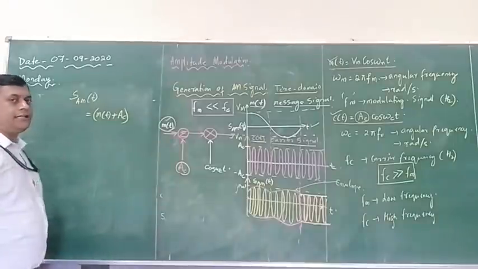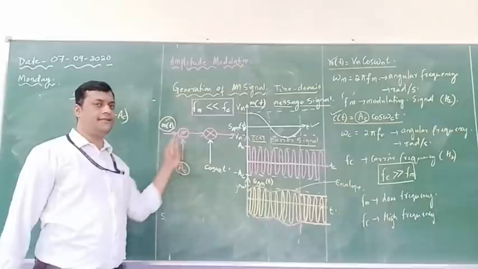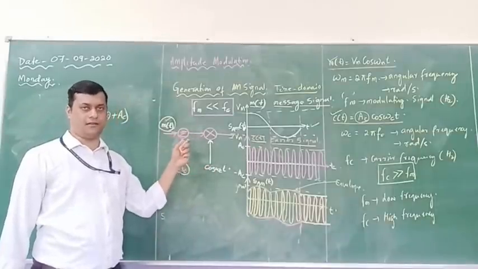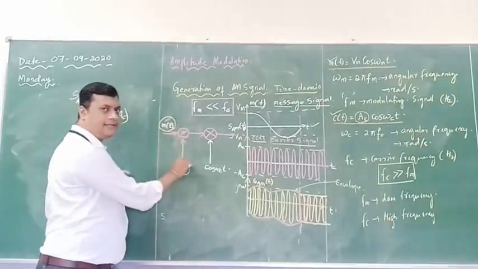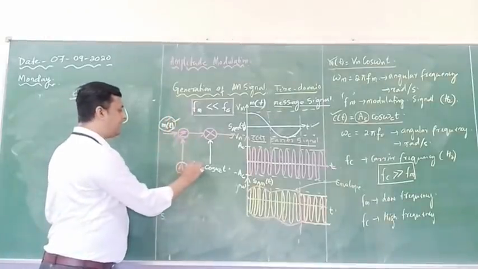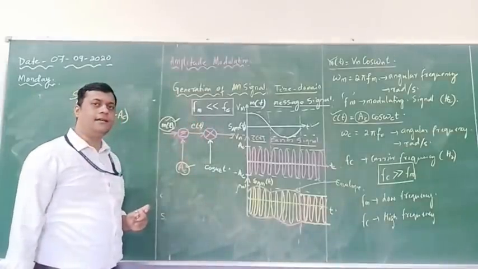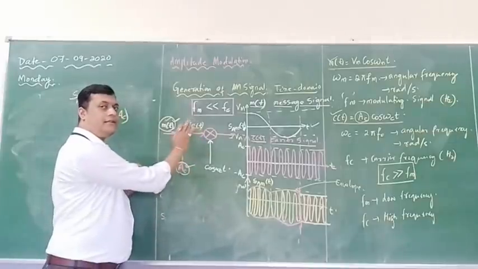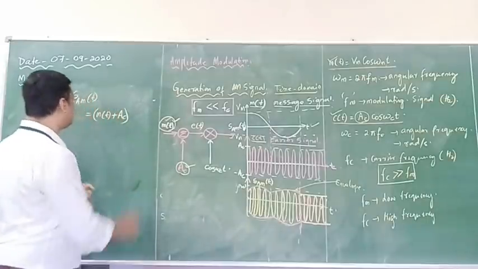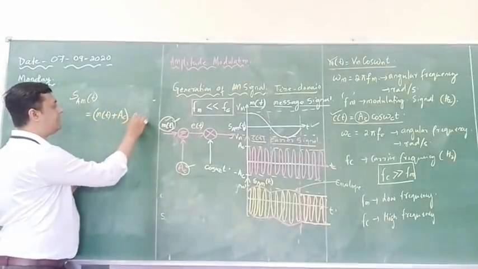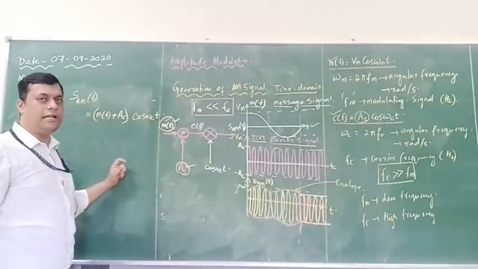Done. Next, this whole combination is called a modulator. It is called a mixer. In this mixer, these two additive signals, m of t plus AC, let us consider as E of t. This E of t is multiplied with cos omega ct and the resultant is your AM signal. So m of t plus AC, into cos omega ct, is called my modulated signal.